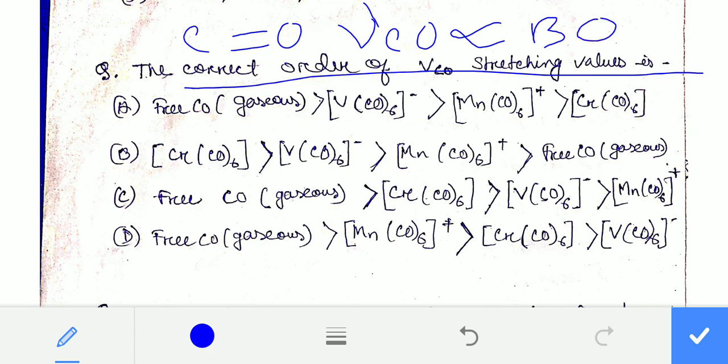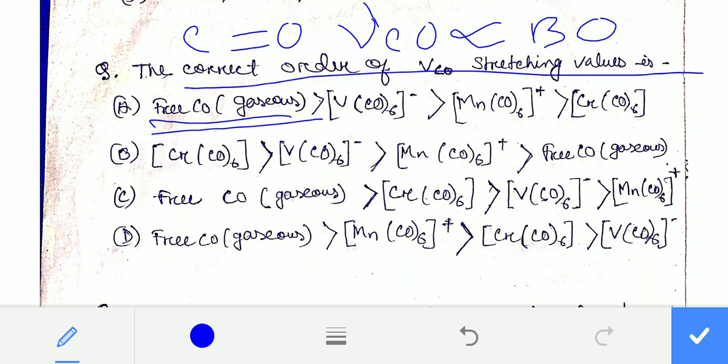So as the bond becomes stronger and stronger, its stretching frequency increases. Therefore, when the carbonyl is in its free gaseous state, it will have